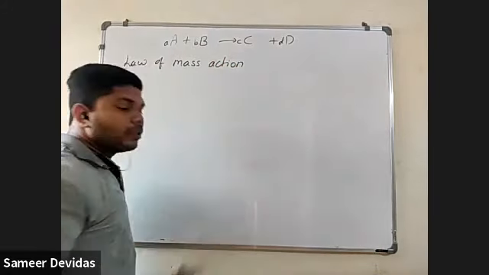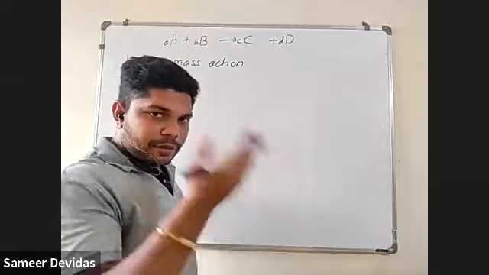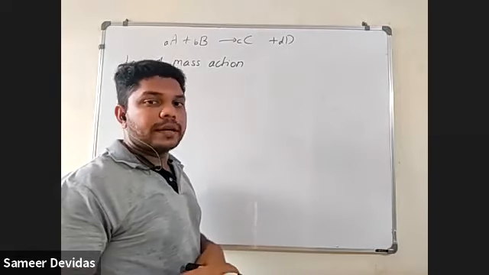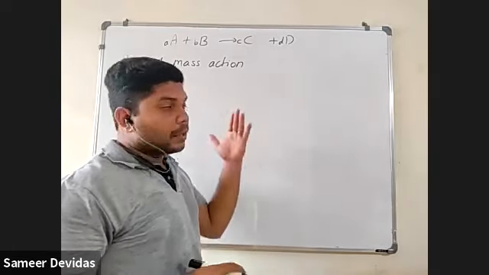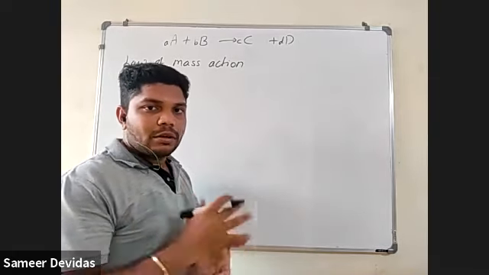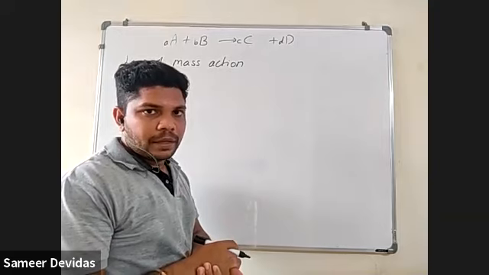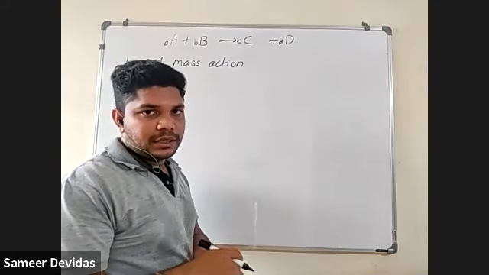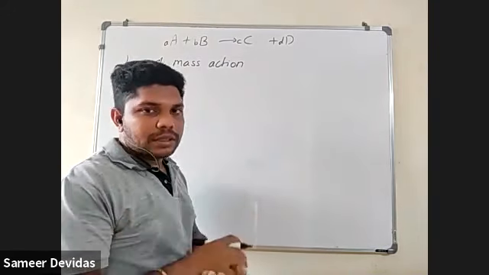This is the earlier law. After that, the new law comes, that is called rate law. That we will also see. But this is an earlier law, the law of mass action. This law doesn't work for long because there were many limitations in this law. But what does this law say?